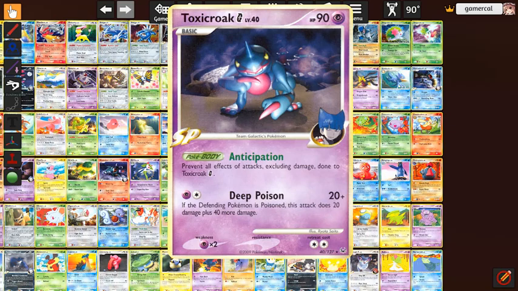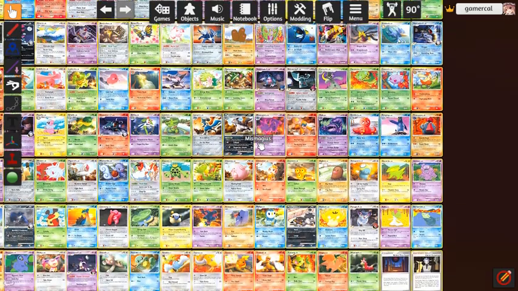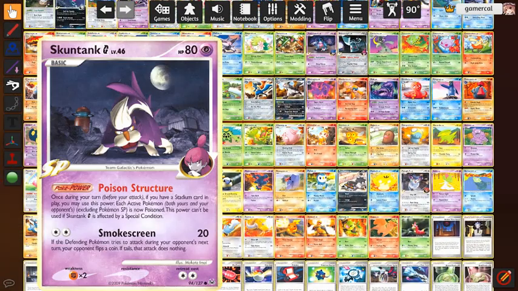Deep Poison for a Psychic Colorless only does 20, but if the opponent is poisoned, this does 60 instead. This will pair all the way down as a common, actually, with the Skuntank G, where if you have a Stadium card in play, specifically you, not just if there is one in play, each active is poisoned, but it doesn't affect SP Pokemon. So if you can put Lake Boundary in play, then you poison the opponent's Machamp, the